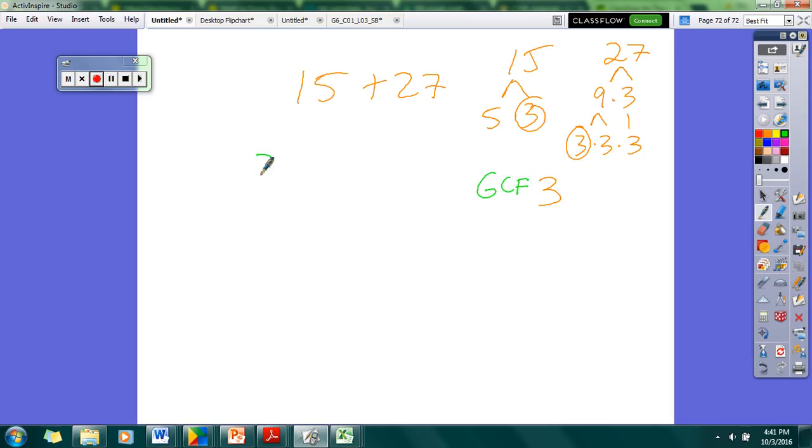So I'm going to take 3. How many times does 3 go into 15? 5 times. How many times does 3 go into 27? 9 times. And I'm in final answer form. Let's try another one. Let's do 40